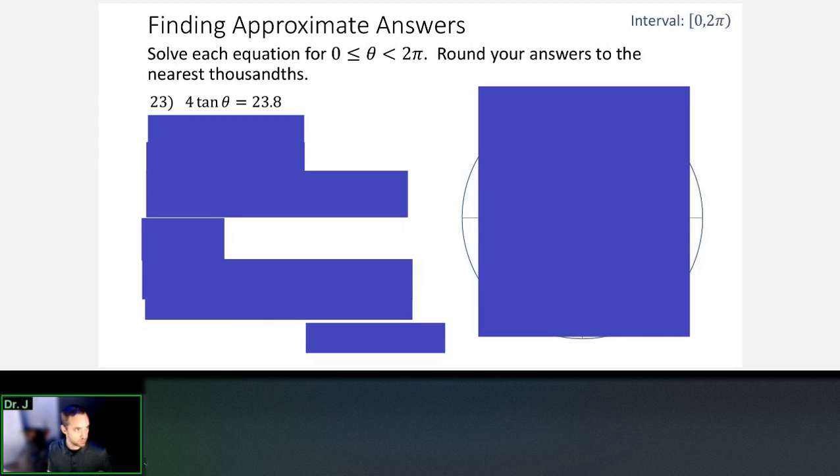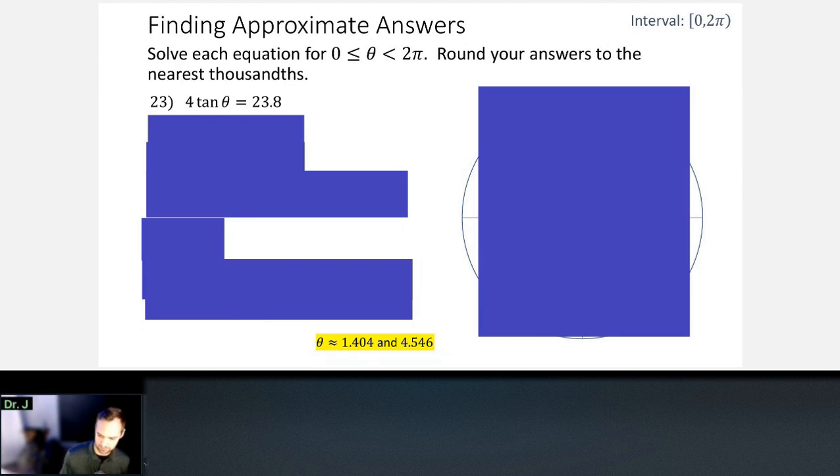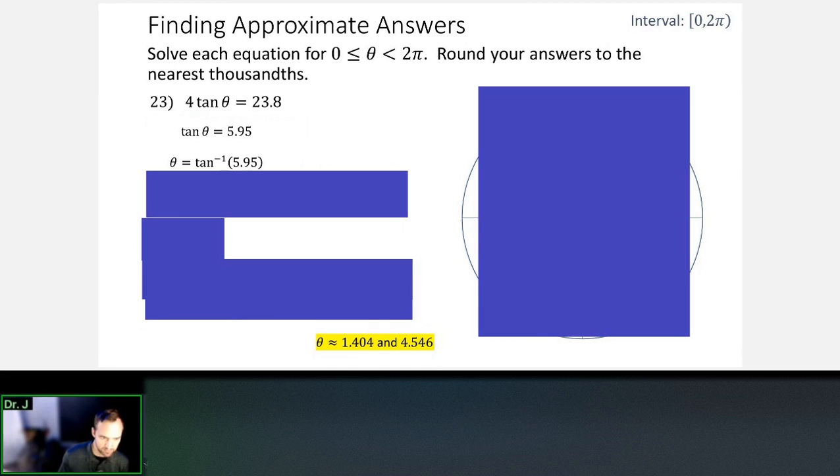All right. What are the two answers? Well, we know the two answers, right? Because we have the answer key. How did everyone do getting those two answers? Good, good. Not good. All right, well, let's go through it. Divide by 4 on both sides. Then we do the arctan on both sides, and then you get your answer, right? And so the first answer is